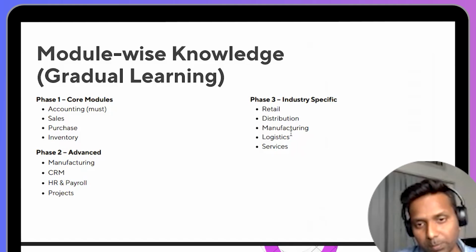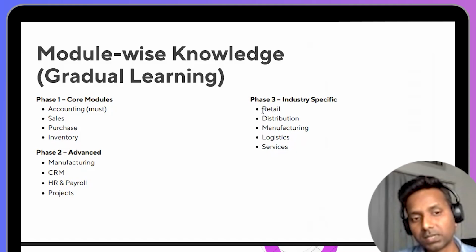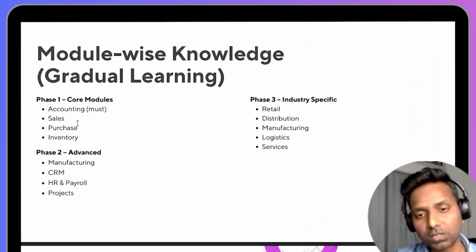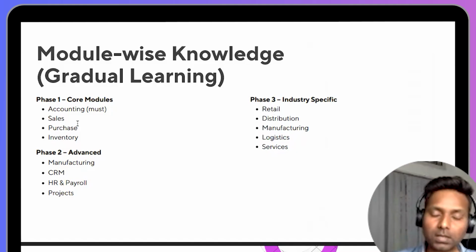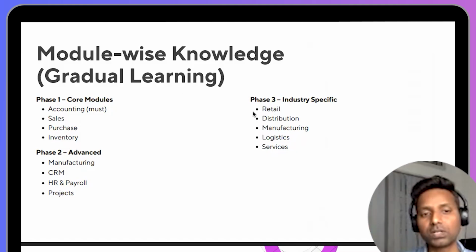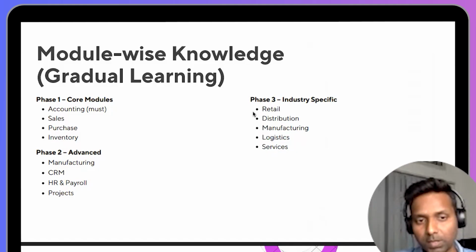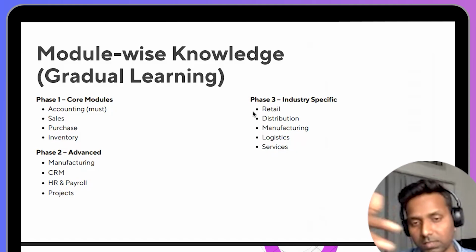This is also industry specific, and this is more industry specific, like retail, distribution and manufacturing, and then logistics and services. These are mostly specific types of companies. Everyone does sales, but someone does online sales through websites, or by opening stores. In a retail store, they have hypermarkets where people come, they scan the barcode, and they give the invoices. This is the operations way.